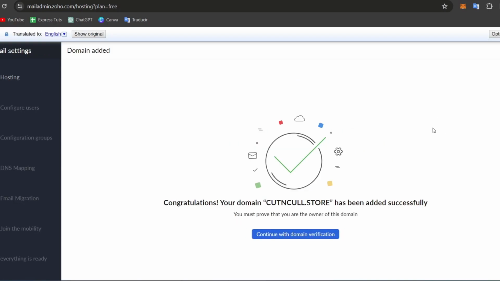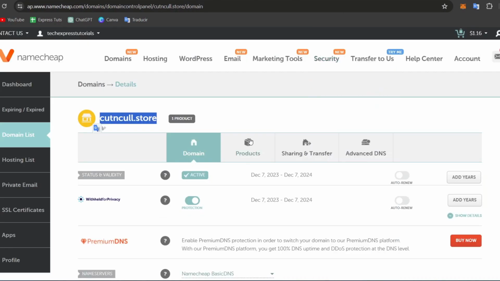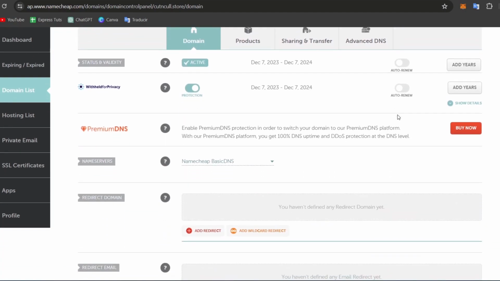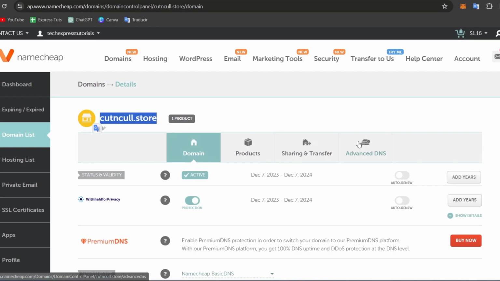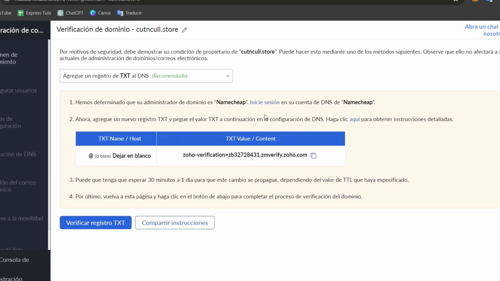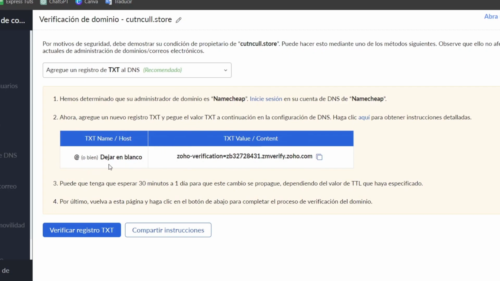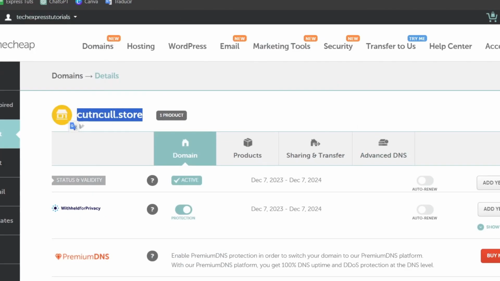Now that my domain has been successfully added, I need to verify the domain. It's really important to verify it. Usually, the business email created here can be added directly from the domain at Namecheap. It's going to ask you to add a TXT record, with the host and here's the value. So I go to my Namecheap, go to my domain, and focus on